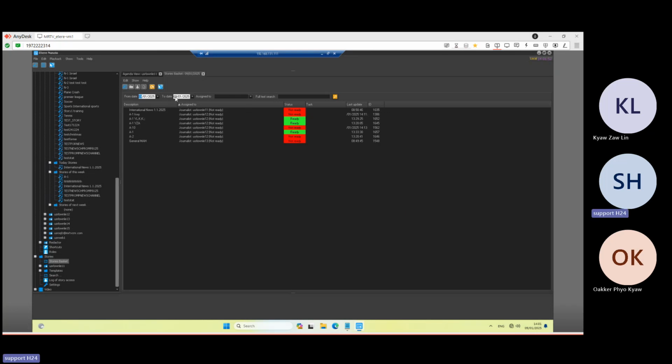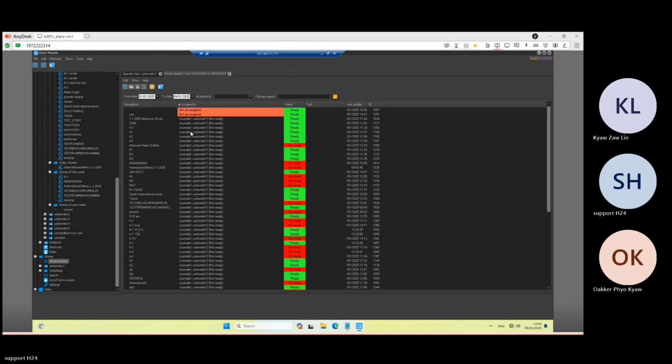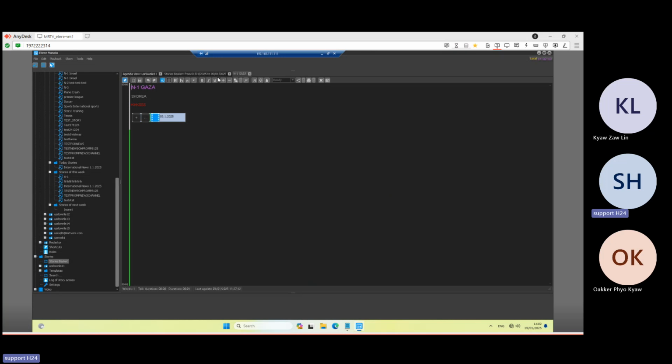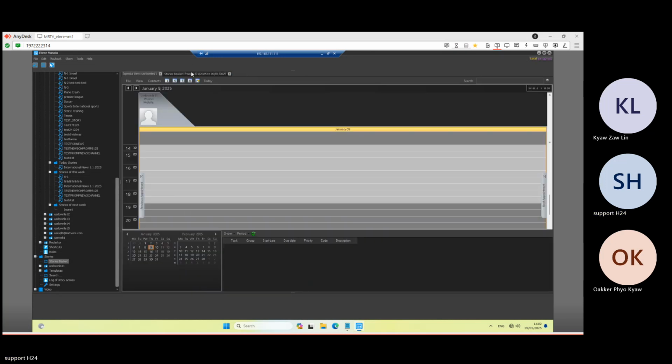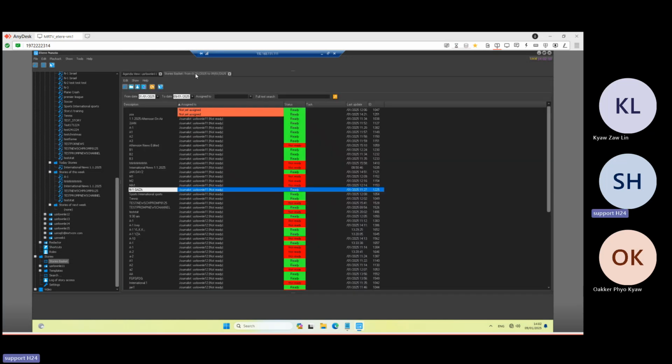They are filtered by date, so we can increase the period and search for them. And we have the list of all the stories. These stories can be opened by double clicking, and they can be modified, or they can also be dropped into the rundown directly from here. So if we open also the rundown,